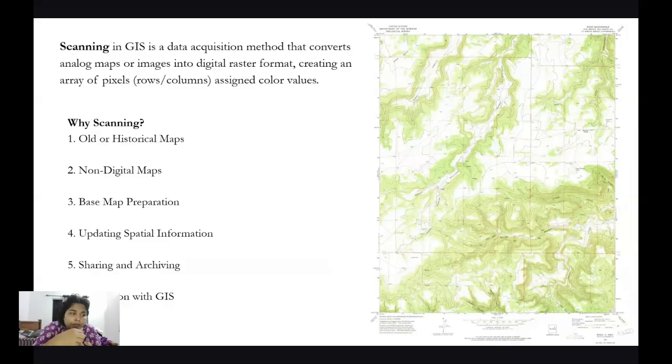Now, these old maps, they are available as hard copies, isn't it? All of them are available as hard copies. They are not available as digitized maps. Yes, cadastral maps. Correct. Very correct. So old regional maps, old cadastral maps, old village maps, or if we are looking at old town planning maps, topographic maps. So these are the maps that I will rely upon in order to identify what was the